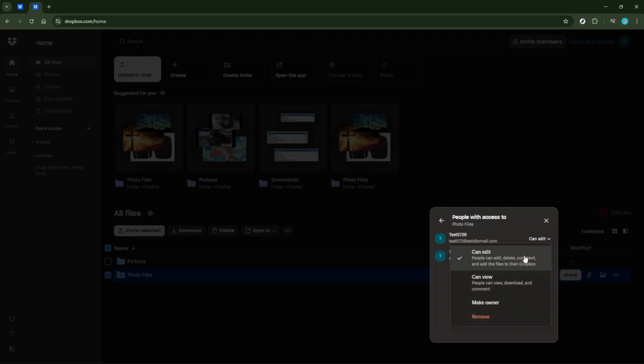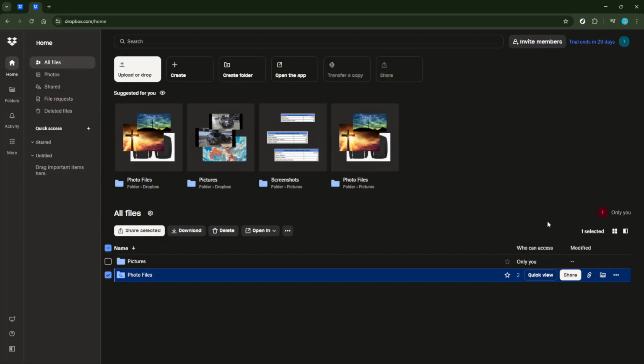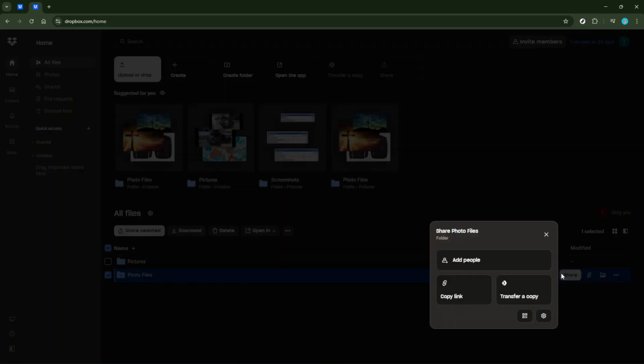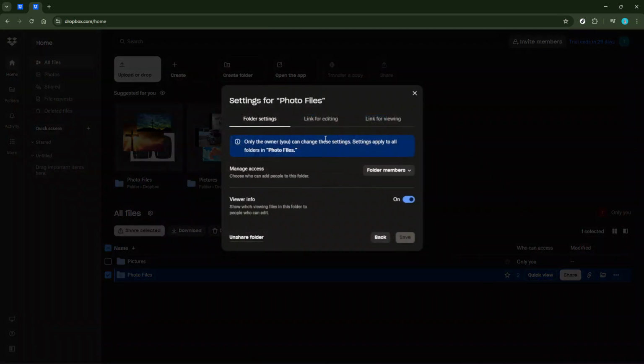Beyond individual permissions, you might have a link to your file that you'd like to manage as well. To do this, locate the Settings option, often represented with a gear icon. Clicking this brings up link sharing settings, allowing you to choose who can open your file through the shared link. You're faced with 3 distinct options here: anyone with the link, only people invited, or team members. Choosing the option that best suits your situation can help protect your files from unwanted access.